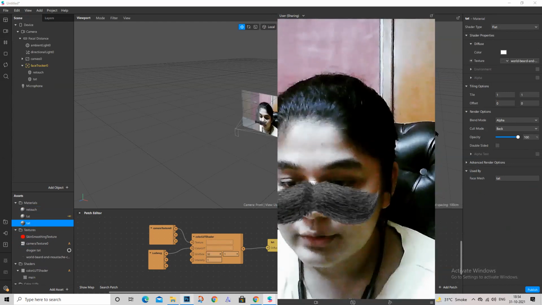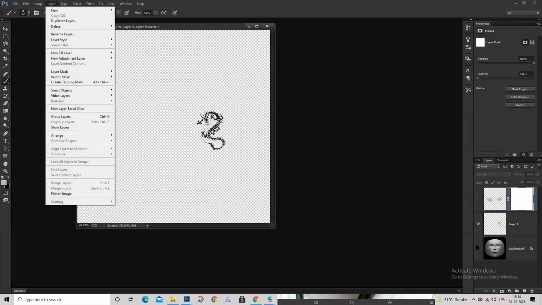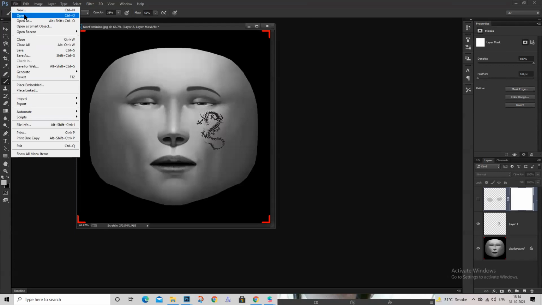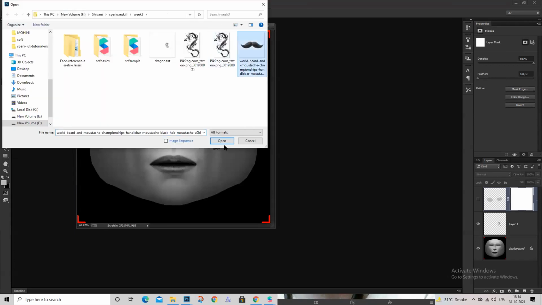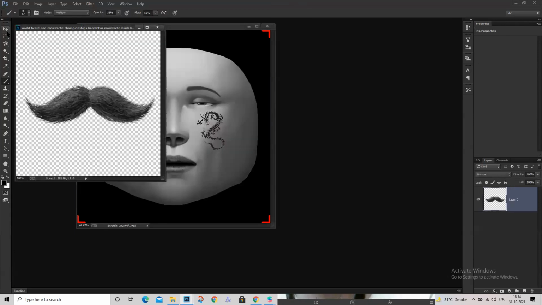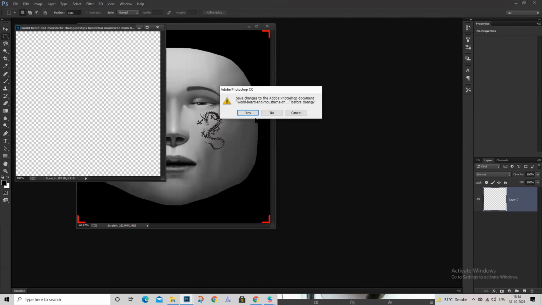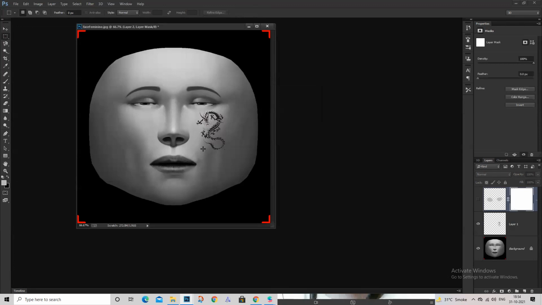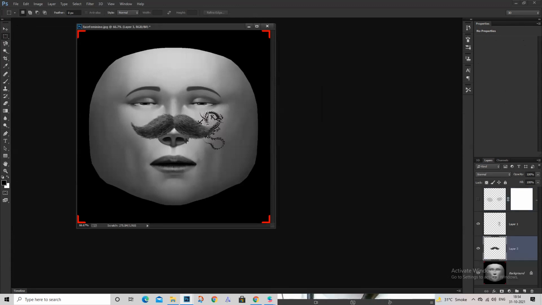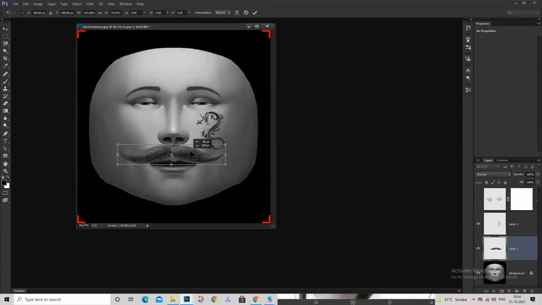I'll go here, open, and get this tattoo over here. I'll bring it into a new layer, scale it however I like, and place it here.